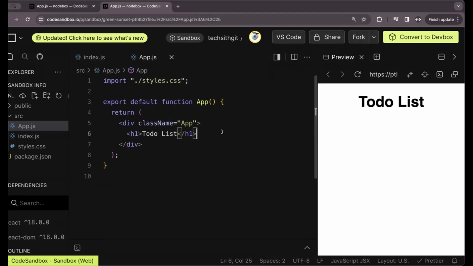Let's first design a to-do list. So to-do list would have what? You guys can pick. What should I have in to-do list? Let me actually